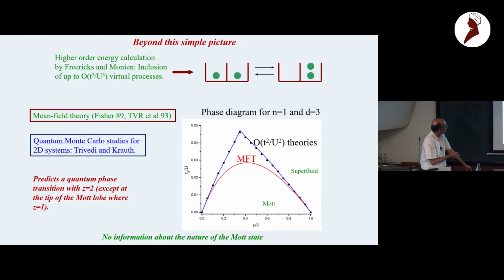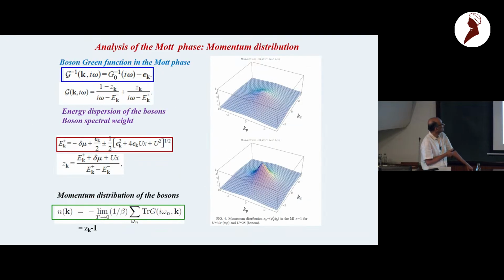Okay, but in all of these things, there is hardly any information about the nature of the Mott phase. It was all taken to be some garden variety, unit occupation state. So what we did at some point is to look into a Green's function formulation of this, which can access this density distribution even within the Mott phase. And here, something interesting shows up. If I look into the momentum distribution of these bosons deep inside the Mott phase, it's of course flat because in every position, and therefore at every momentum, there is a fixed number of bosons.